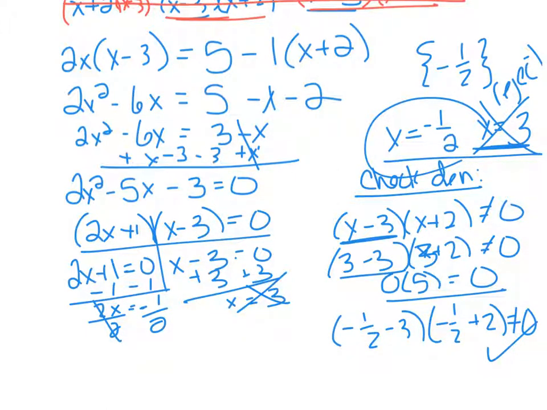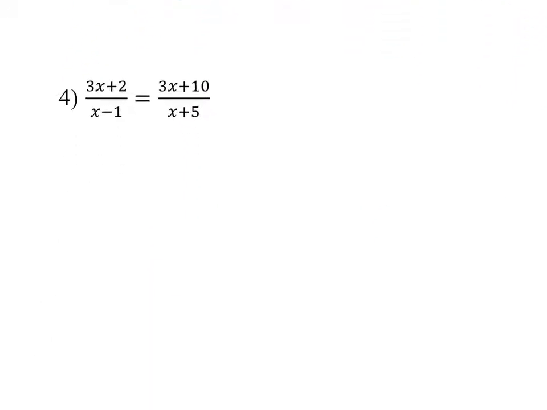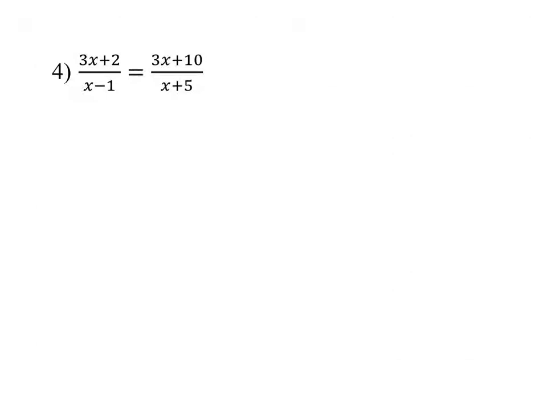Okay, the final one, pretty a bit easier than the rest, but it's worth a look at so you don't get confused. When you do have a fraction equal to a fraction, remember that is a proportion, and proportions are very easily solved by cross multiplying. So I just wanted to throw this in here to remind you that even if the question is